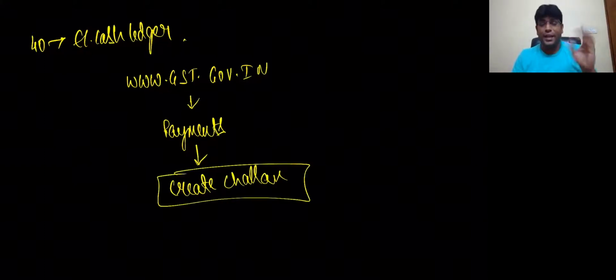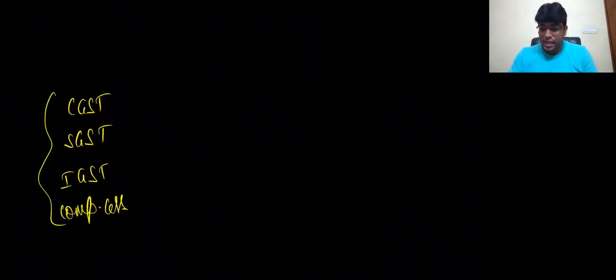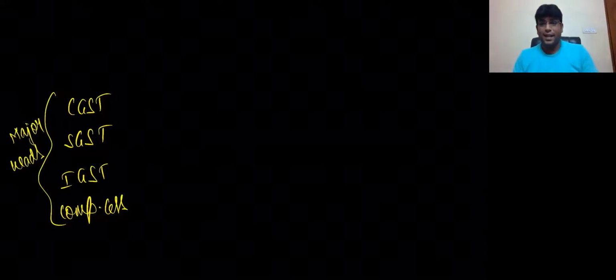Using that, we create a challan, and whenever we open the create challan tab, you will find CGST, SGST, IGST, and one more thing called compensation cess. These four are technically called major heads. We call them what heads? Major heads. And under them, again we have something called